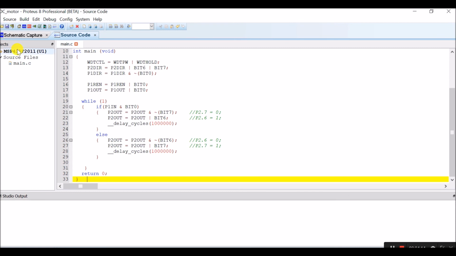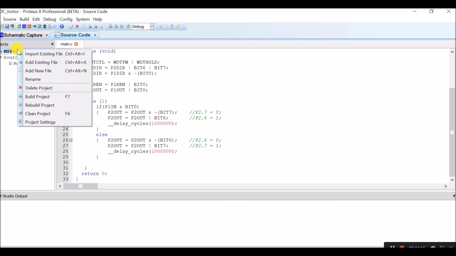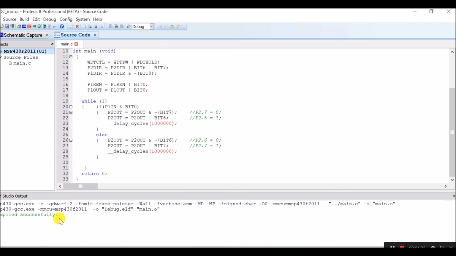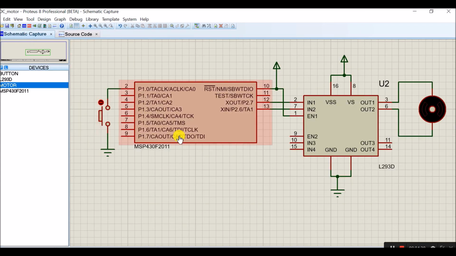Then right click on MSP430F2011, then click on build project. It will show that the compilation is successful, so compiled successfully. Now click on schematic capture and then click on the play button of the simulation.